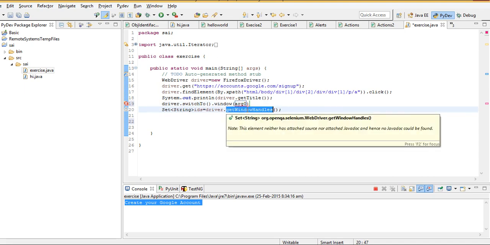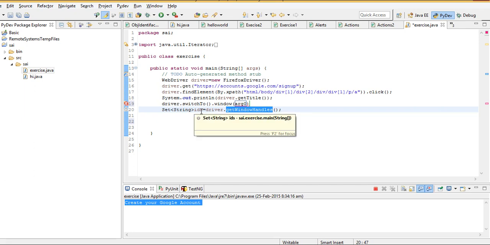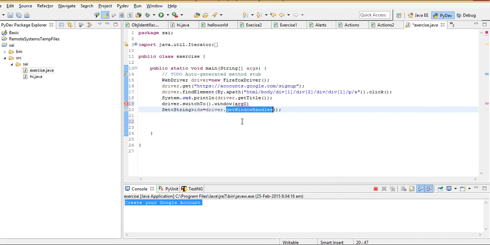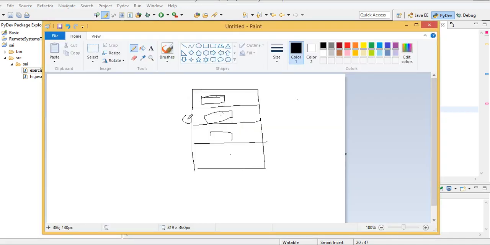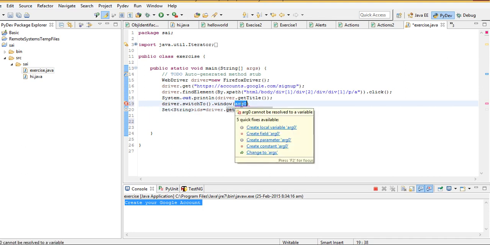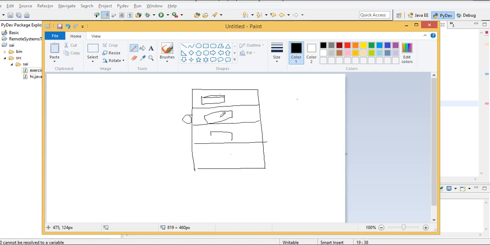Selenium. I am storing it in the set data structure, and my parent window ID is stored in the first row and my child is in the second row. Sorry, I'm just confusing rows and columns. The data structure set name is what we have given: IDs. Now I want to come to this place and get this ID, and I should place it here. That's the only thing I need to do to run my test cases on the child window. I have to traverse here, get this and place it here.